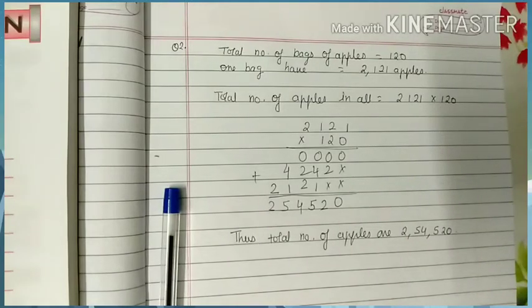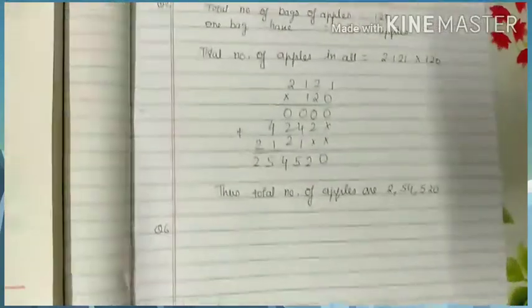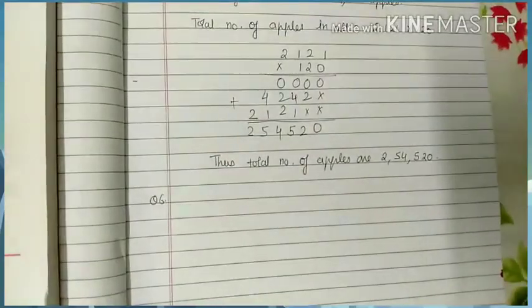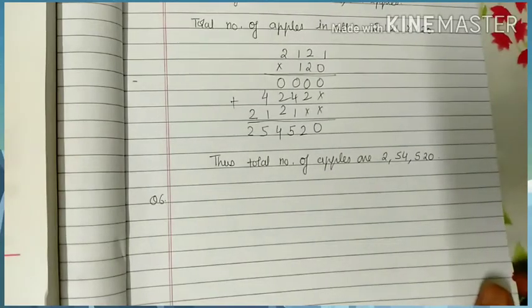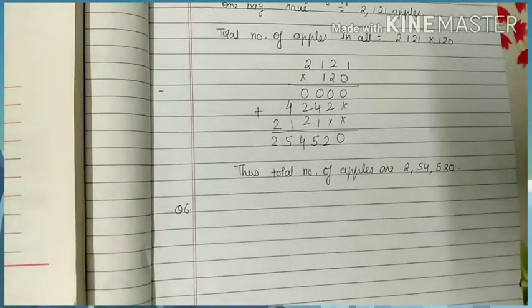Now let's do question number 6. A train has 18 कंपार्टमेंट्स. ट्रेन में बहुत कंपार्टमेंट्स होते हैं. कंपार्टमेंट को क्या बोलते हैं हिंदी में? डिब्बा बोलते हैं, एक एक डिब्बा. तो ट्रेन has 18 compartments and each compartment consists of 3,178 passengers at peak hour. पीक आवर मतलब जब बहुत भीड़ होती है, that is called peak hour, जो सबसे बिजिएस्ट आवर्स होता है. How many passengers travel in a train during peak hours?